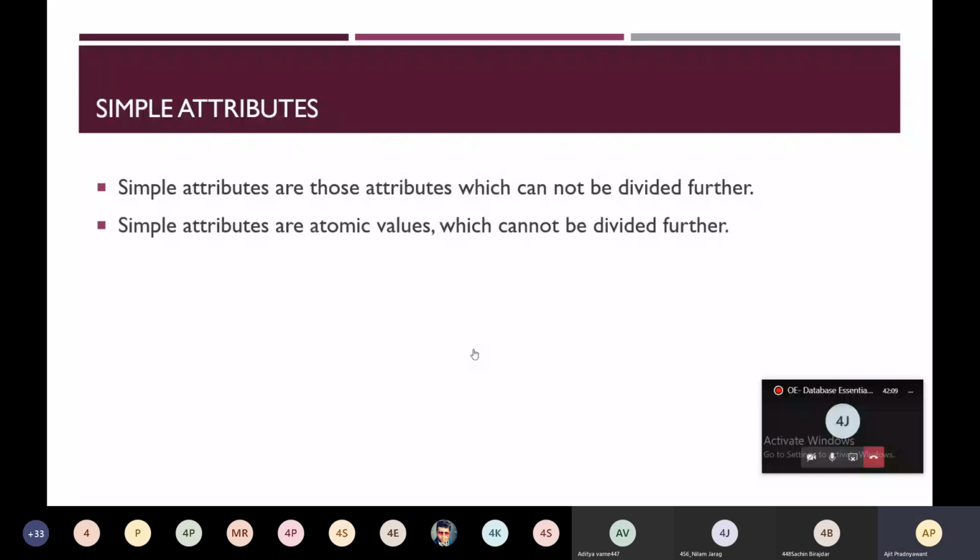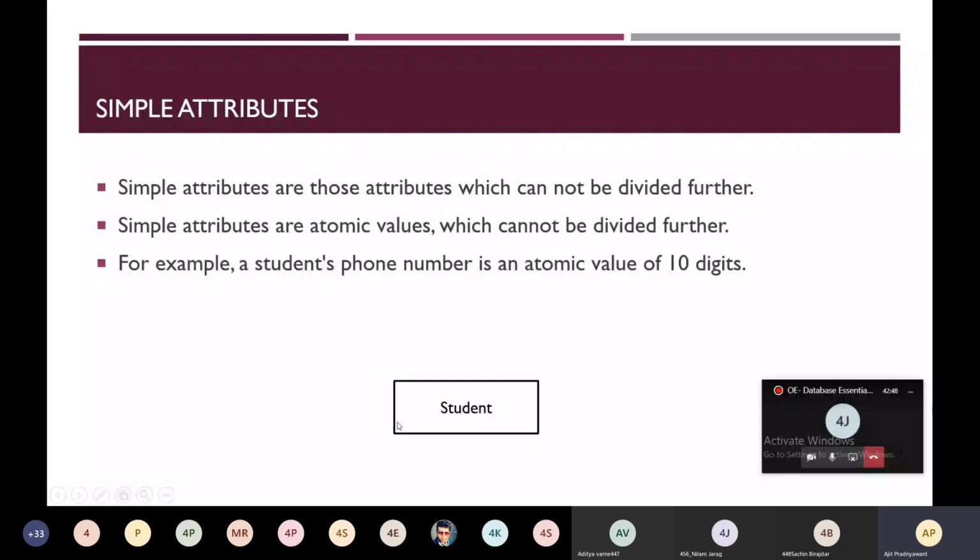In the entity relationship diagram, the student entity is represented by a rectangle. So student is an entity. By looking at this diagram, you should understand it is an entity because it is written inside this rectangle.